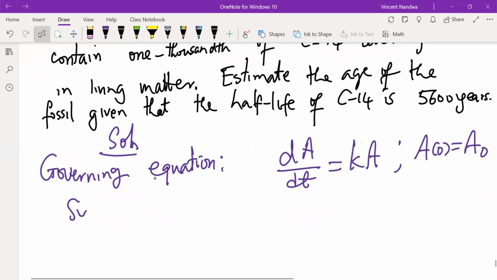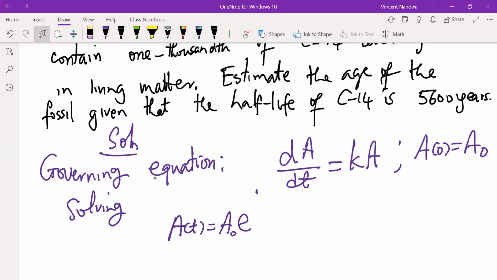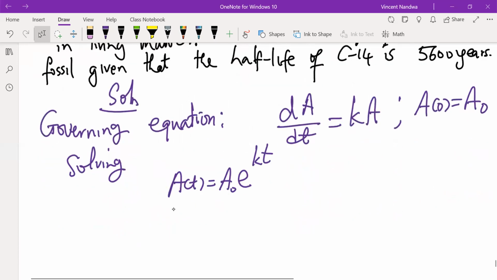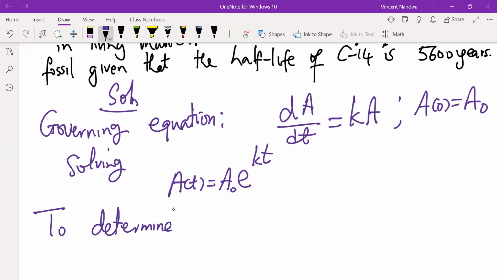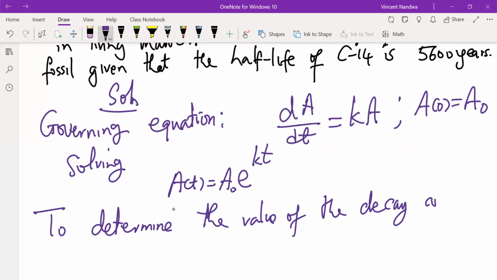So solving, as we have done in the previous case, we get A of t is A naught e raised power kt. Now to determine the value of the decay constant k,